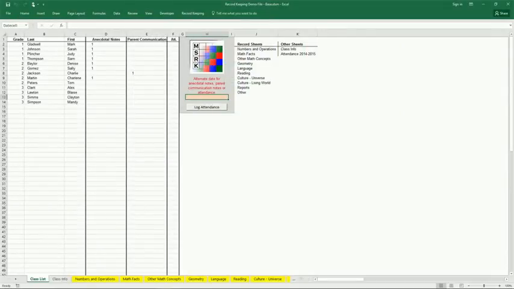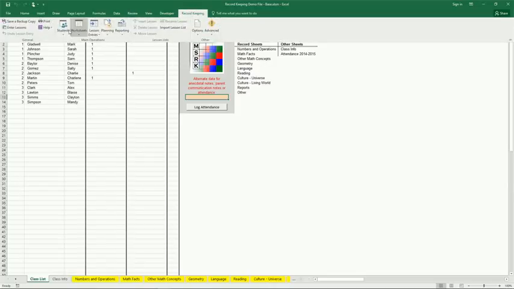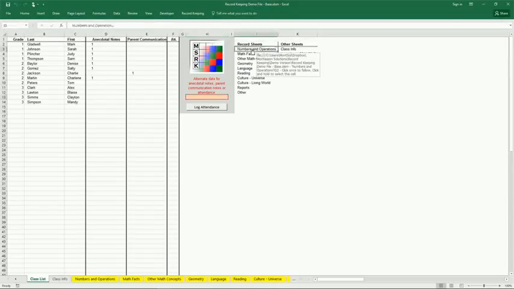Recording lessons and student progress is one of the core functionalities of this program. There are two main options for doing that. One is through the record keeping ribbon with the enter lessons option, and the other is by going to the record sheet for the curriculum area of the lesson that you'd like to record. So I'm going to go to numbers and operations,